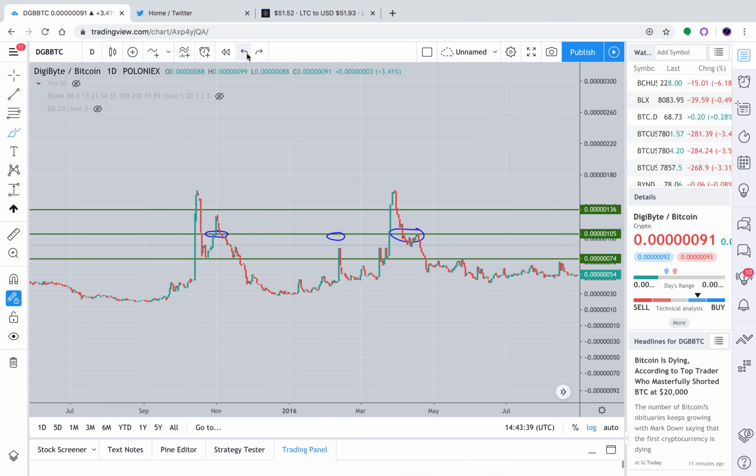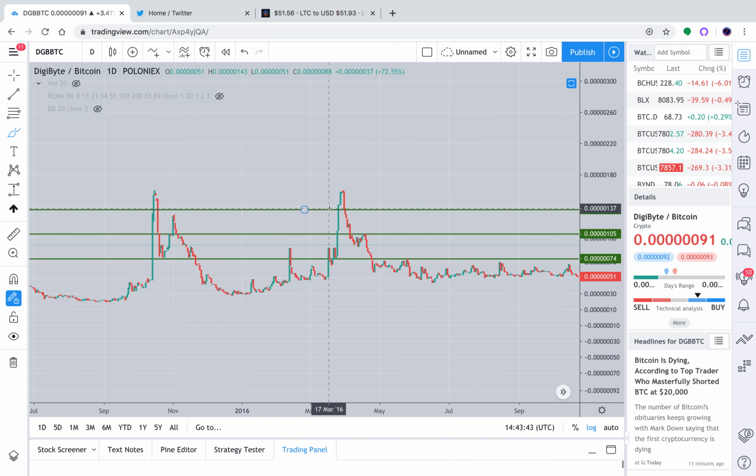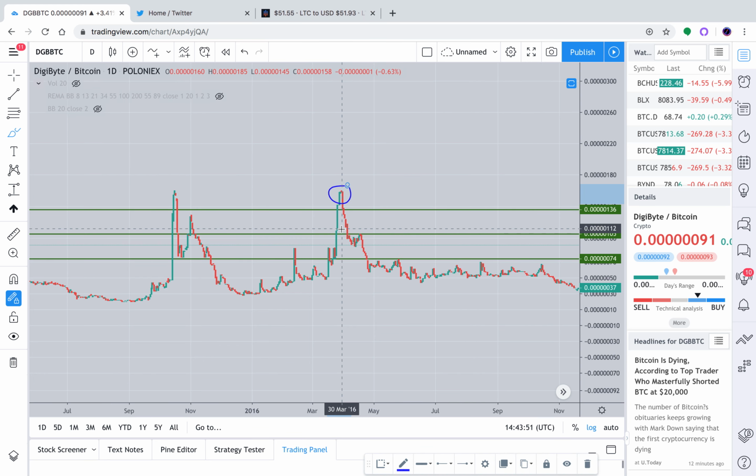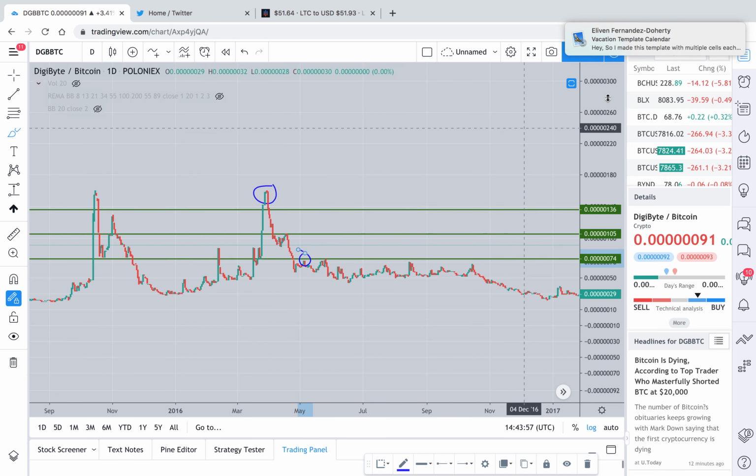So that's the middle area there, around 105. And then, of course, you had the 135 to 170 range again up here. Failed to break. Came back down. Broke below 75. And you had some retesting here,